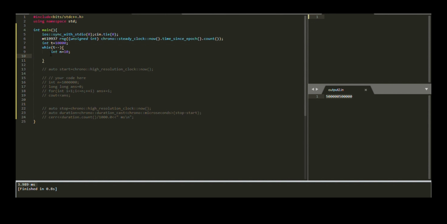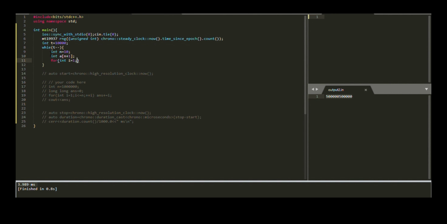Now let us assume that the problem involves an integer array and the corresponding answer is a single integer. So first we will declare an array and fill it with random integers. Now this will generate random integers from 0 to 2 power 32. However, if it is mentioned in the problem that the upper bound to the input integers is like 10 power 6, you can use modulo.